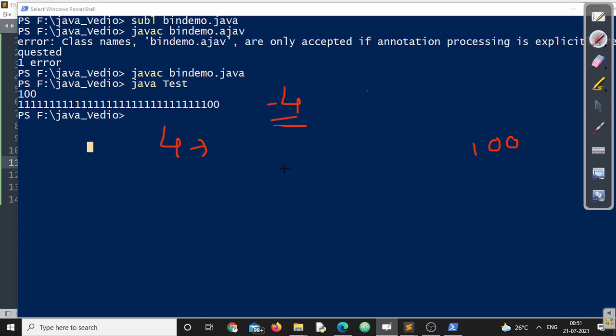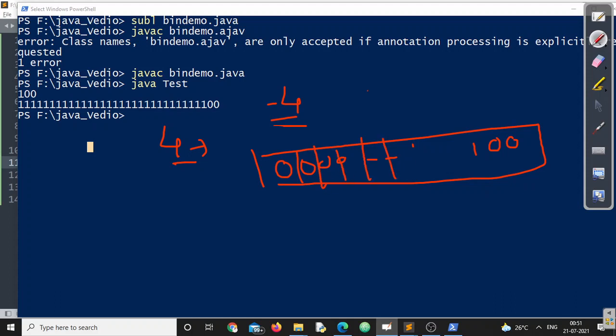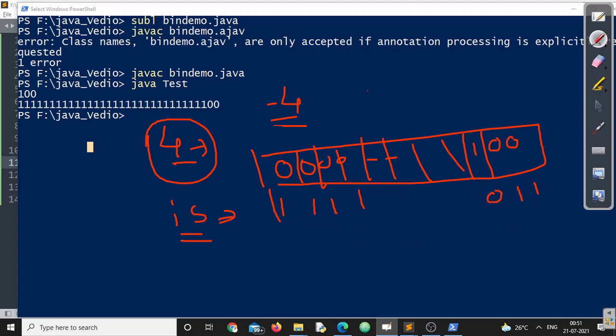Since this is a positive number, the 31st index will be stored as 0. Remaining all are 0, so a total of 32 bits are stored like this. Now, this is the first step. Next, in order to find the 2's complement, the first step is to find the 1's complement. And what is the rule for 1's complement? Convert all the zeros into 1 and all the 1's into zeros. In that scenario, I should go for 1 1 1 1 like this, and finally this will be 0 1 1. This is called the 1's complement.